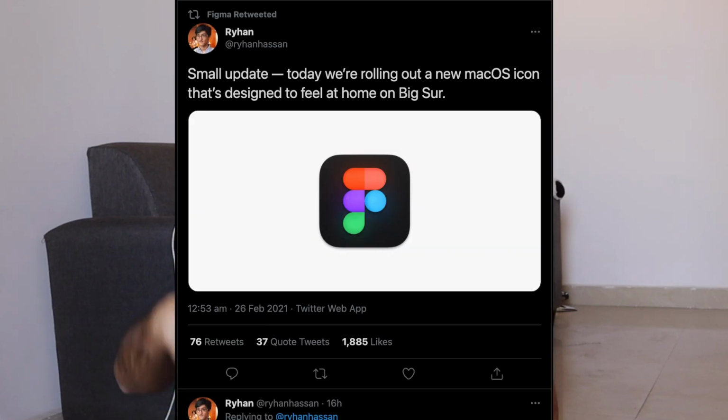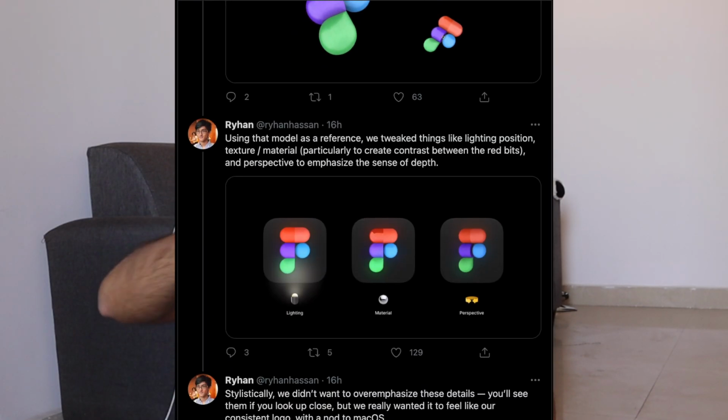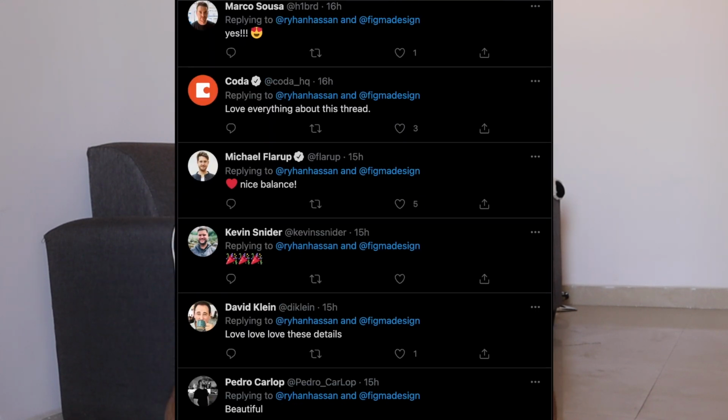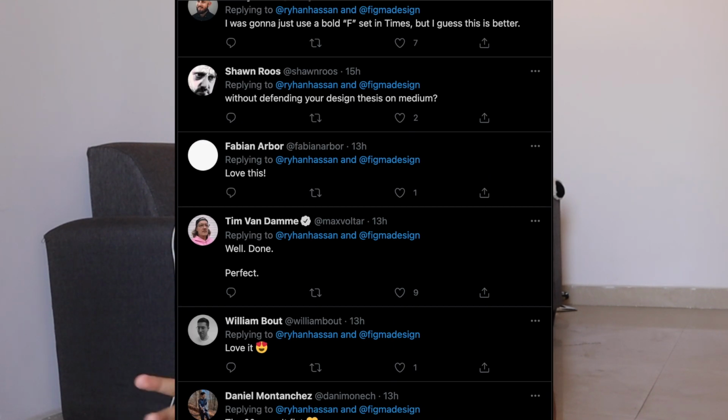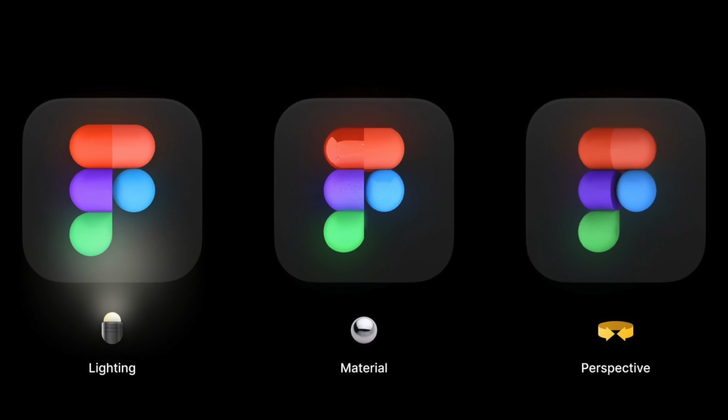There is a Twitter thread which explains the entire process of how they came to this icon. I was kind of disappointed by the choice they made for the final icon because there were such amazing, brilliant icons and logos they had designed before they came to the conclusion that they would use this logo. Tell me in the comments if you like this one better or the other ones that I'm showing on the screen better. I feel Figma as a corporation kind of pushed down on creativity this time when it comes to the new logo update. Now the next update will change everything for Figma users, for Adobe XD users, whatever it might be.